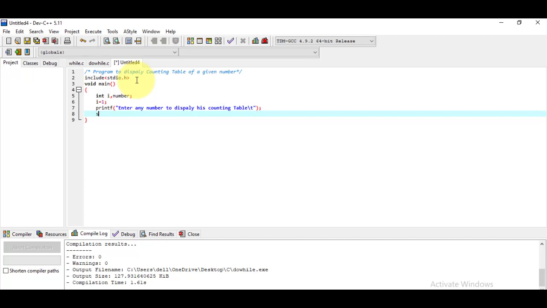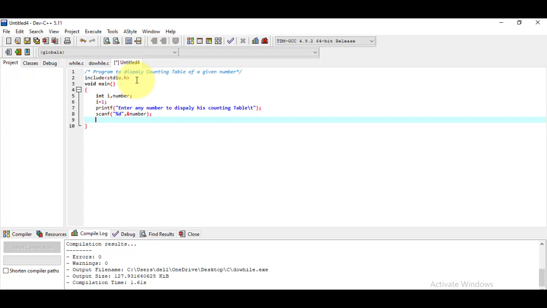Now we have to read that number, so for that I'm using the scanf function, and here we have to use the %d format, then put a comma, then use the address operator, and then give the reference of the variable in which we want to assign this value, and here we go, semicolon. Next, our job is to display the desired result.